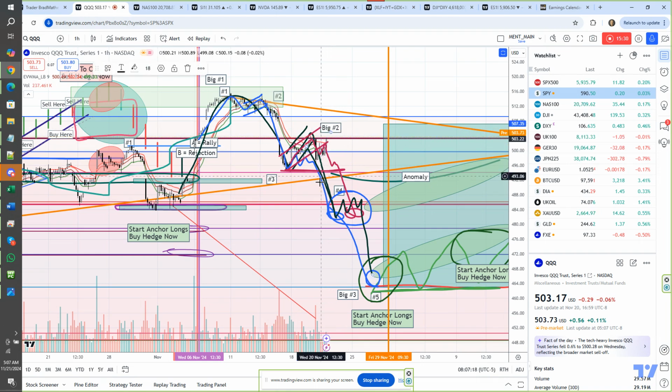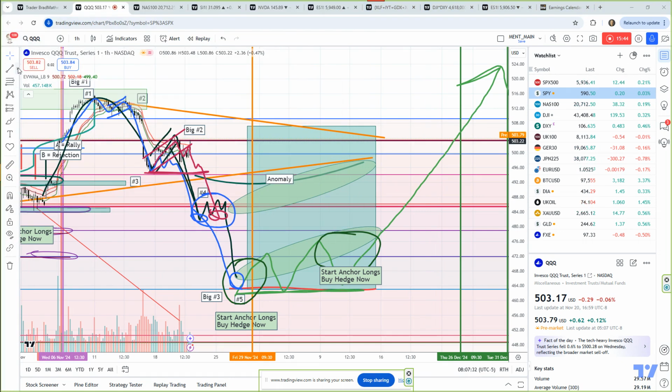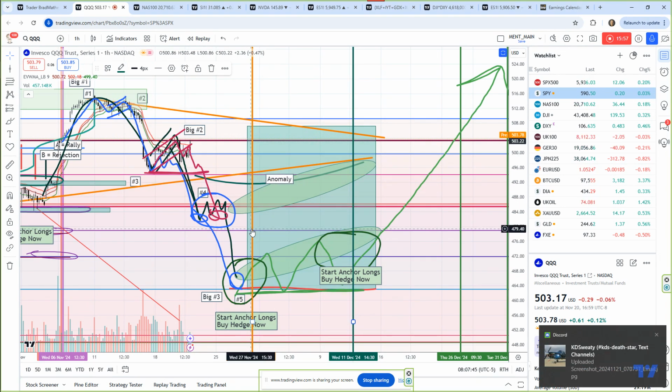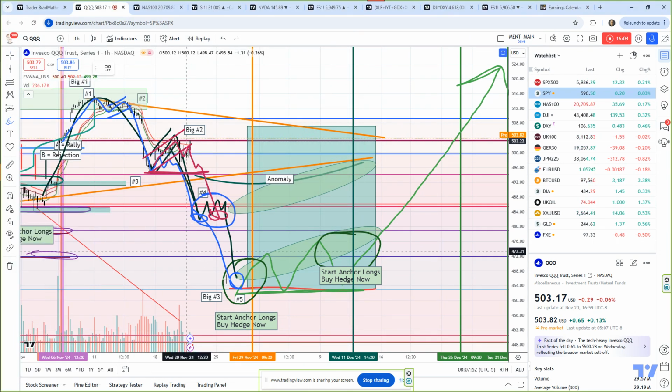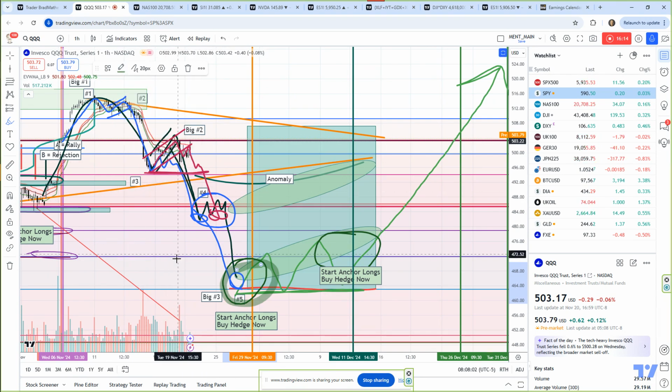You can see the big number 2 playing out here, rolling through this cycle, moving down into this zone. We really have those buy zones out here. I'm going to draw this. Look for December 10th or 11th. Let's mark it here. So mark that as kind of a dark green. And this is Thanksgiving. So we're really looking at these buy zones back over here. So we have our first buy zone in this area, and we have our second buy zone back over